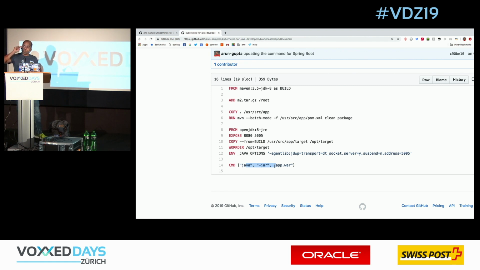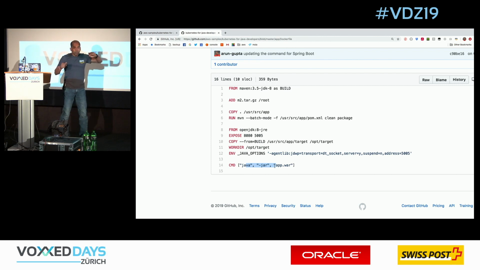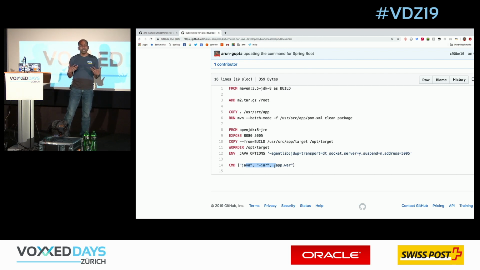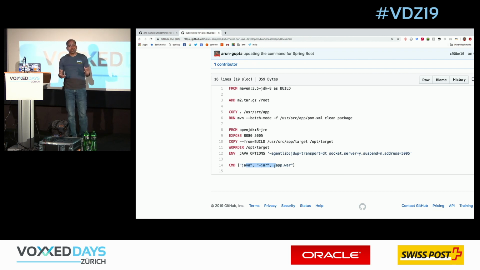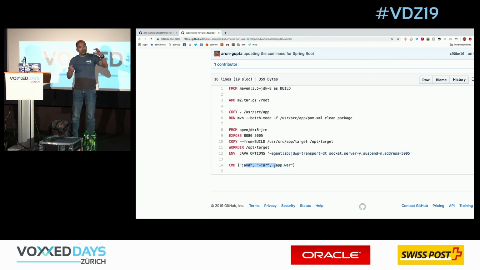Now, the other option that I also talked about, this is JDK 8, of course. With JDK 11, you don't ship a JRE because the idea is it comes with tools like JLink. And it's all modularized. So you can say, hey, you know what? Here is my application. Tell me what modules it depends upon. So let's look at that actually.